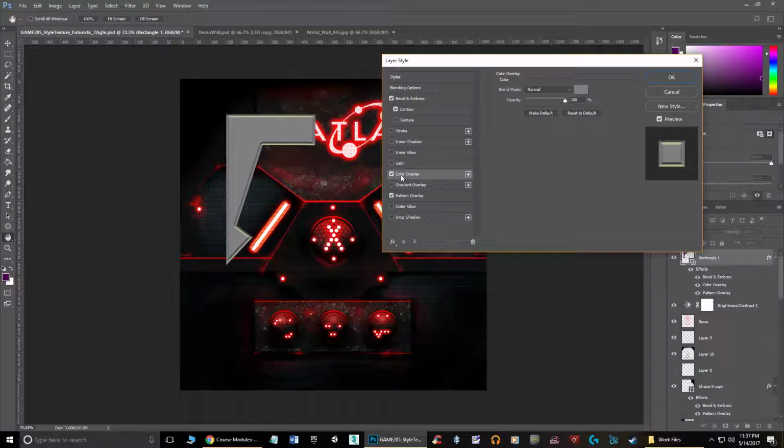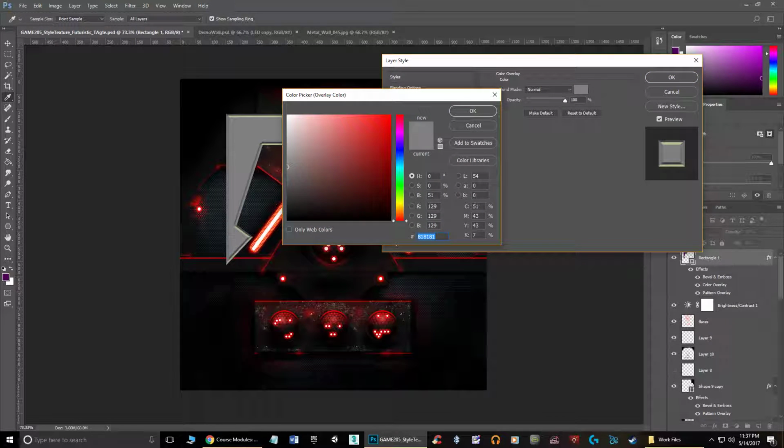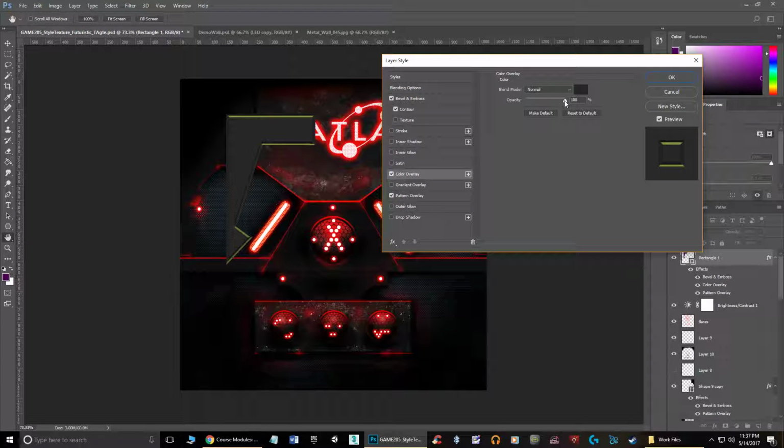And let's just say I want to make this a really dark metal like he has. We can just go in here and use a color overlay, which technically supersedes the pattern overlay. As you can see, it's above it. But we can change this color to be something darker, right? So we can get a really kind of a dark metal effect,